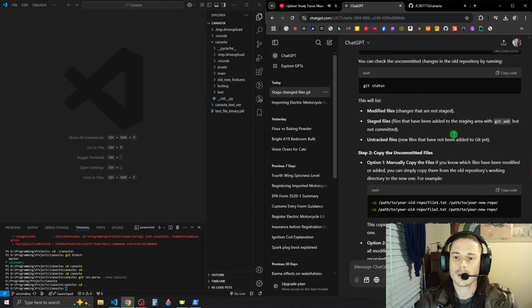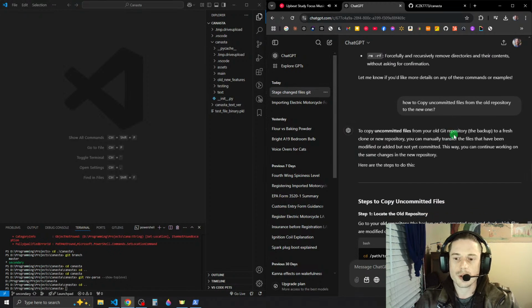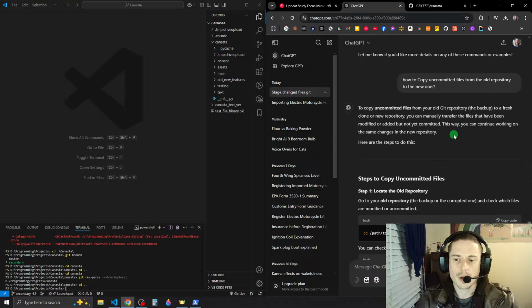How to copy uncommitted files from the old repository to the new one. To copy uncommitted files from your old Git repository, the backup, to a fresh clone or a new repository, you can manually transfer the files that have been modified or added, but not yet committed. This way, you can continue working on the same changes in the new repo.